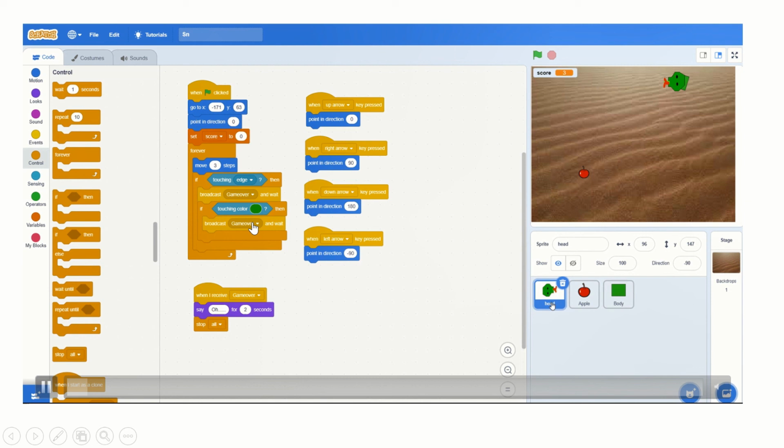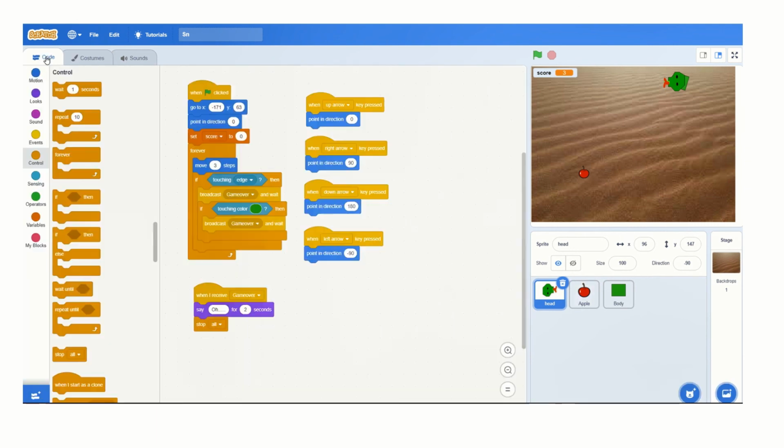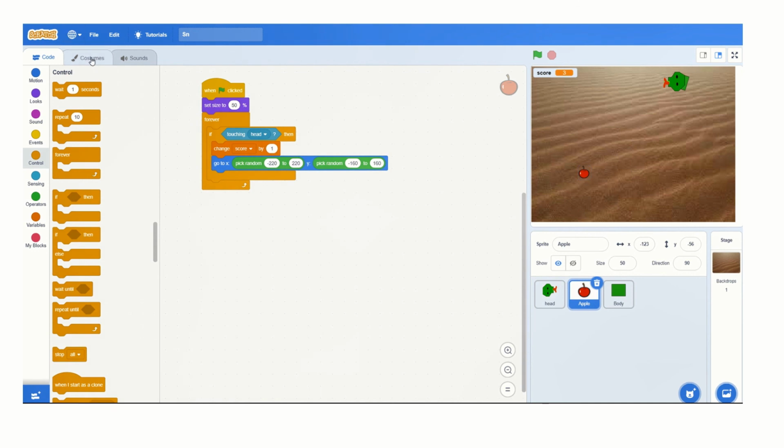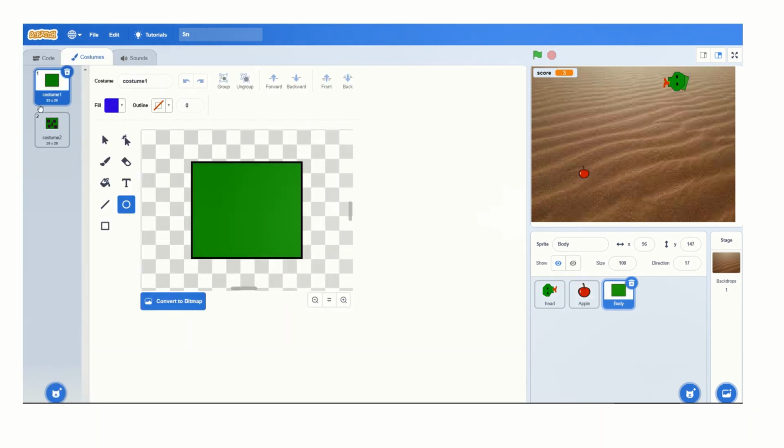I created a head, and whenever the head is hitting the edge, the game is over. Whenever it is hitting the green color stuff, the game is over, and I have chosen the appropriate sprite for it. You can choose anything, and for this game I have chosen this, and then the apple is coded for the apple. The costume is available here, and you can make it a little bigger, smaller, whatever you want.